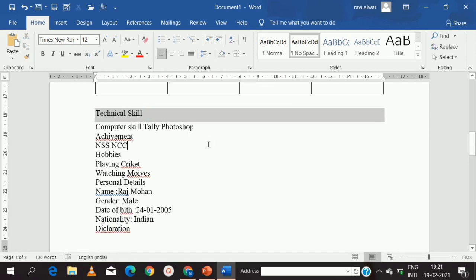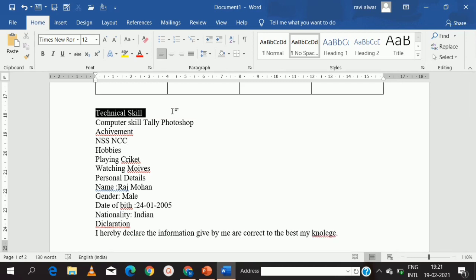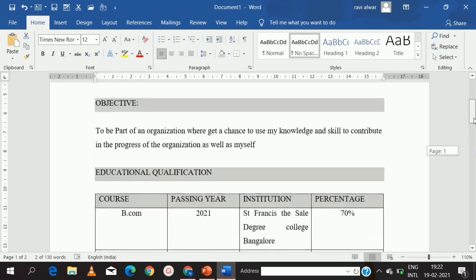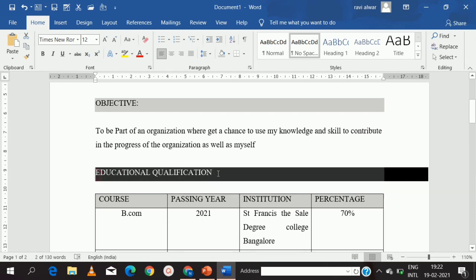So here you can see I didn't do anything. I didn't give space, I didn't go to fill color. What I did, I just selected the text for which I should apply the style. Then I went to where I have to copy from. So I have selected where I should copy the style from.